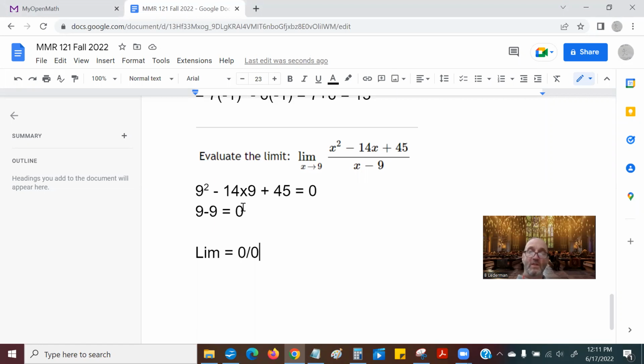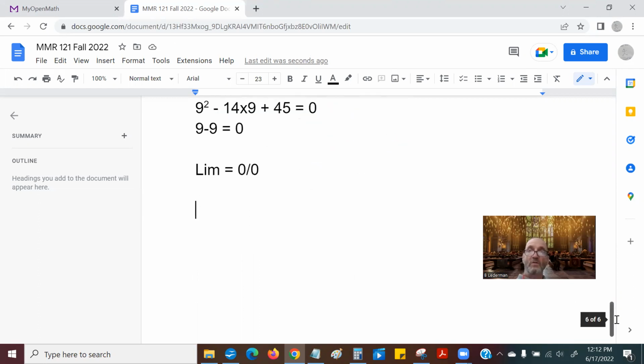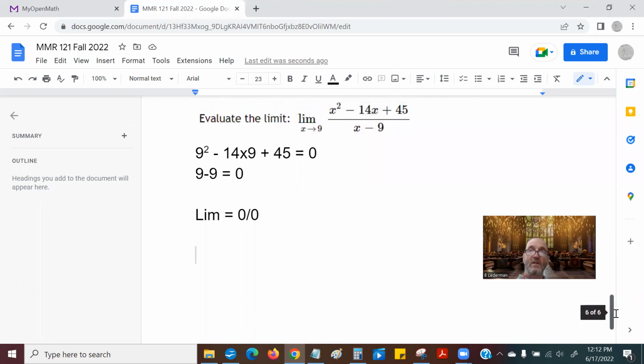Well, this is where those skills came in. Remember, I made a whole little pre video on factoring. So what we're going to do here is factor the top, and maybe something nice will happen. Well, it turns out that x squared minus 14x plus 45, drumroll please, is going to be equal to,